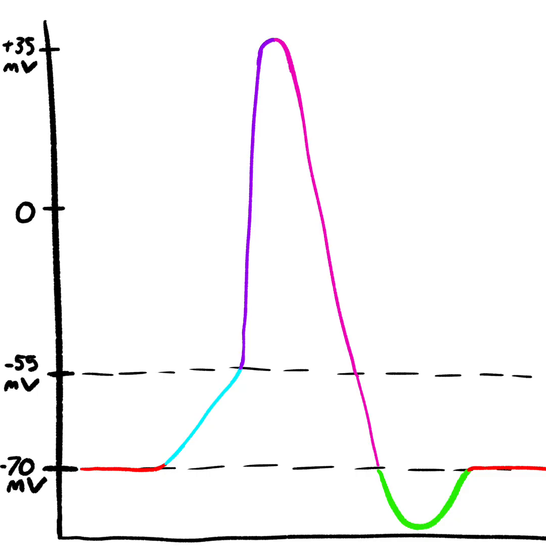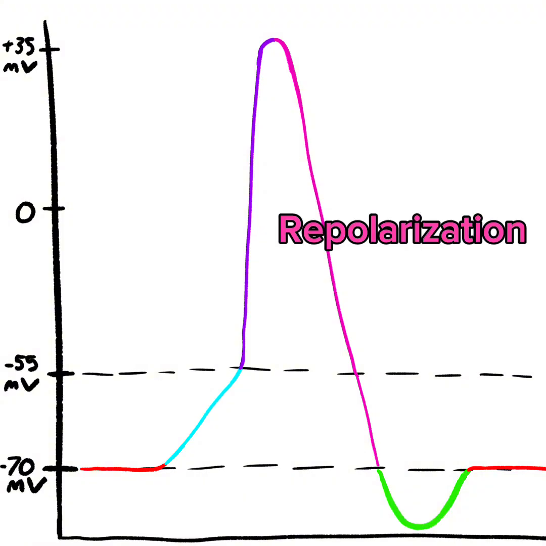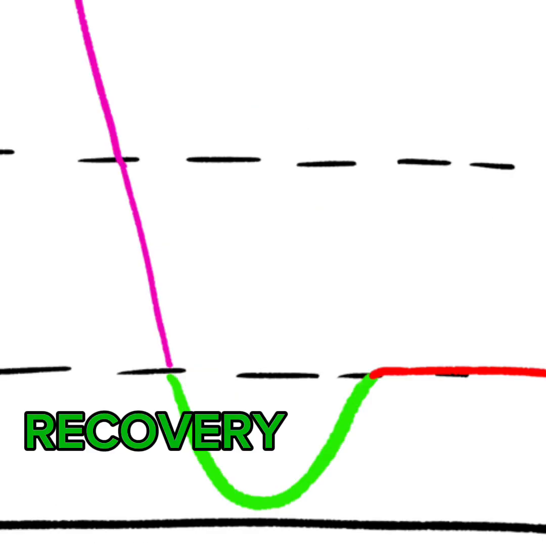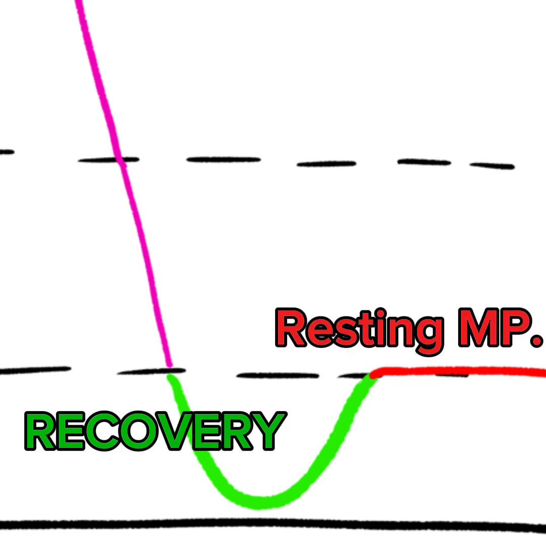At 35 mV, the sodium gates close and the potassium gates open. Now the potassium ions in the ICF diffuse out to the ECF. This causes the membrane potential to undergo a rapid repolarization, which is a shift of the voltage back to the negative values. The green represents a recovery period, but then it goes into the red, which is back onto negative